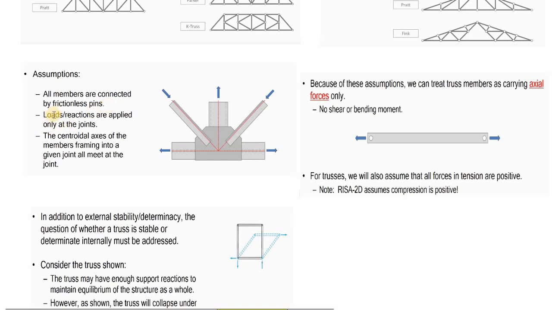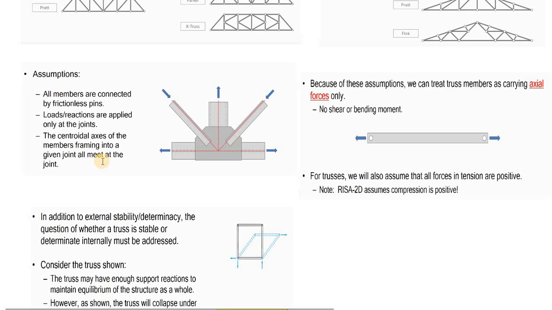Then the second assumption is the load or reaction are applied only at the joint. They apply only at the joint because we said there is no bending, no moment, and no shear. There are only axial forces. Then the last is the centroidal axis of the members framing into a given joint all meet at the